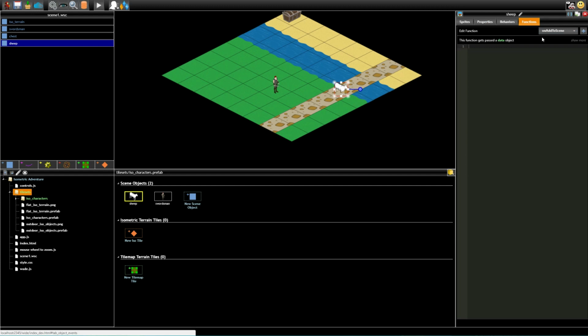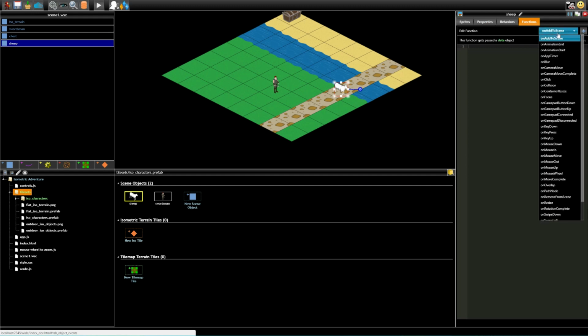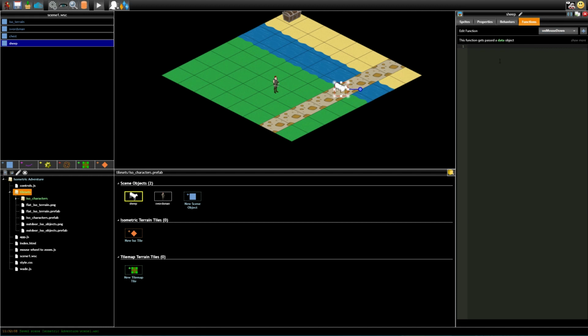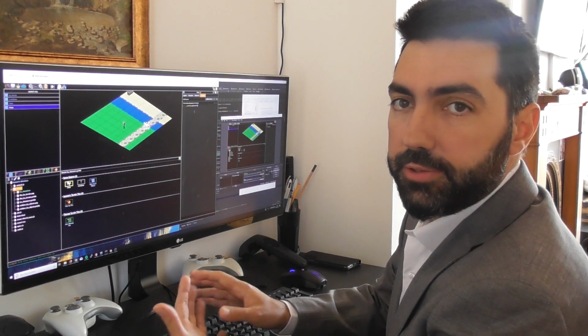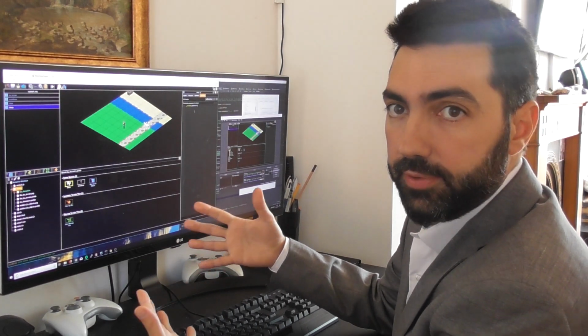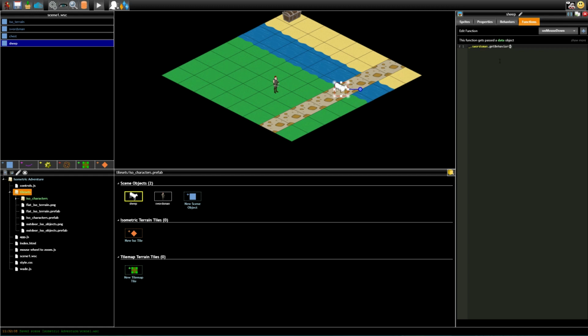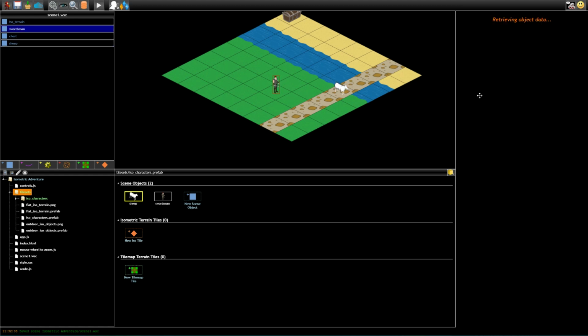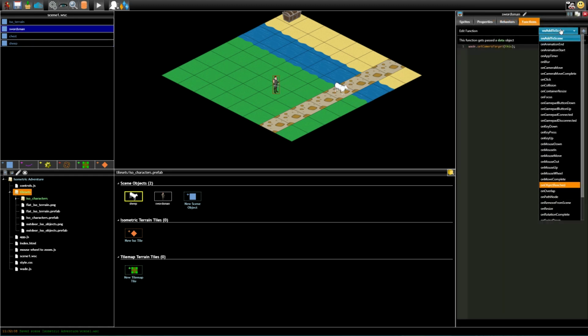I go to its functions, and in here on mouse down, _.swordsman.goTo.getBehavior. I don't have to write ISO character every time. There is only one behavior, so if I just write getBehavior, it will give me the ISO character behavior. Dot getBehavior dot goToObject(this), and then I select the character,